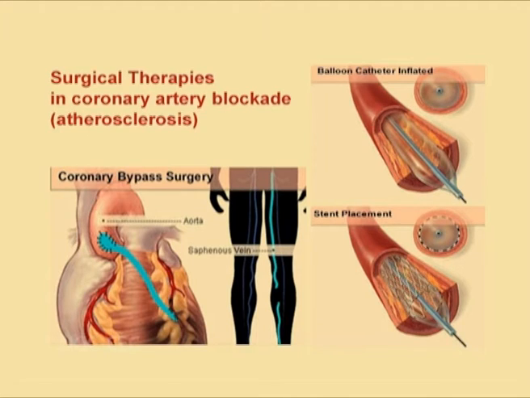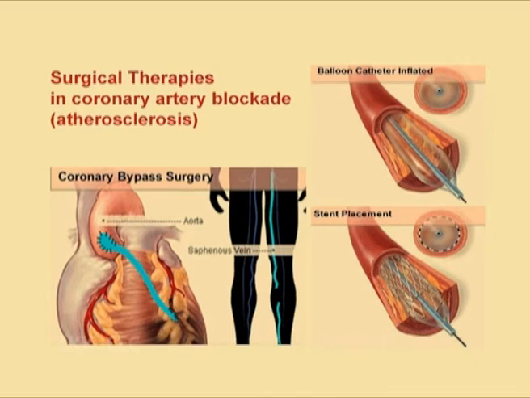If you have a look at the diagram, there is something called a coronary bypass, where an alternative route is created so that the blood reaches from one part to another part and the occluded artery can be bypassed. There are another couple of techniques like balloon catheter inflation and stent placement, which will prevent the plaque formation and will facilitate blood flow to the cardiac tissue present in the different parts of the heart.